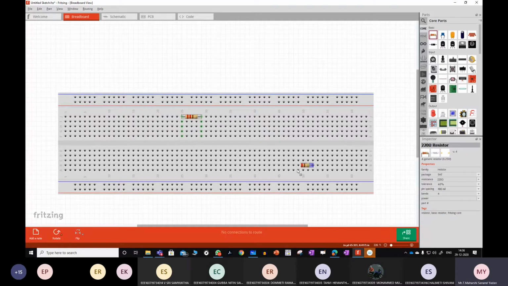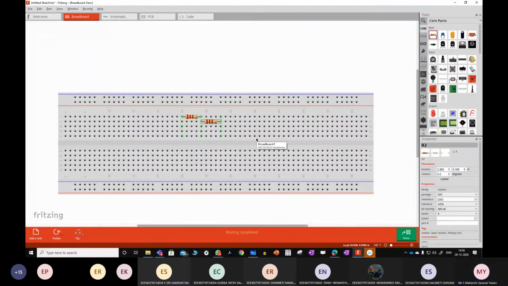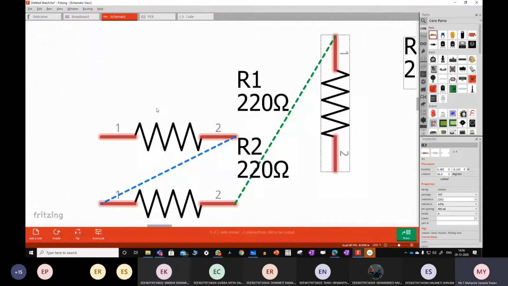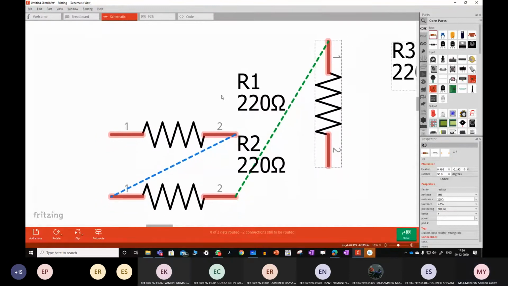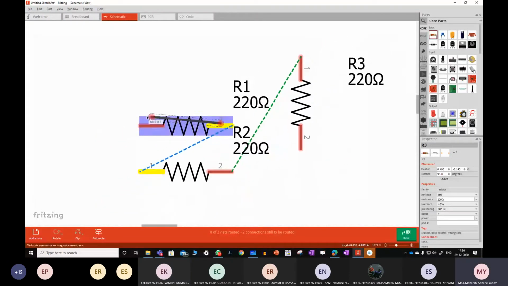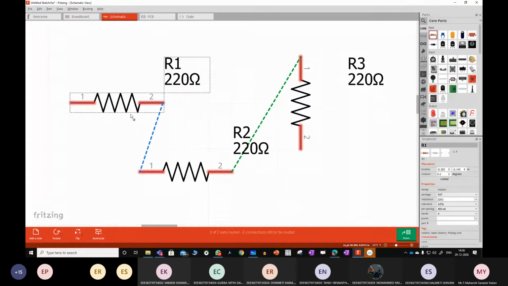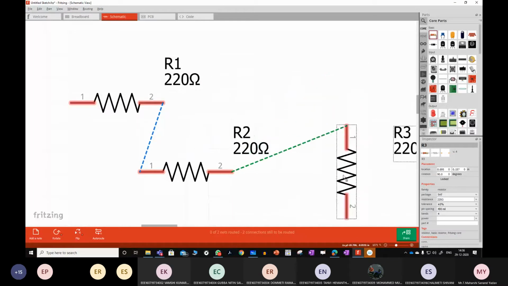So suppose I want to connect another resistor here. Now by seeing this, you tell me whether I've connected these resistors in series or parallel. I've connected them in series. Yeah, how can you say that it is in series? Why not parallel? Starting to ending. Yes, correct. If you're having doubt, you can see this. Everyone, can you see the screen? Yes, sir.